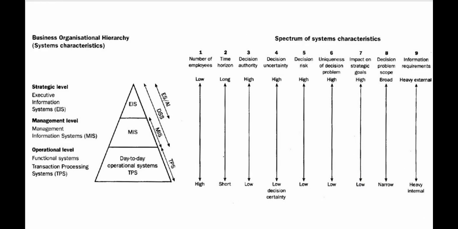So friends, this is the business organizational hierarchy figure. Here we can see all the 3 levels: strategic level, management level, operational level. So friends, IS including HRIS can be used at various levels of the organization to accomplish various types of tasks by various levels of the organizational workers. So these IS are used at 3 levels. Those are, as I said before, strategic level, management level, and operational level.